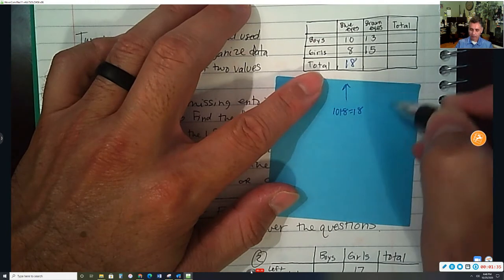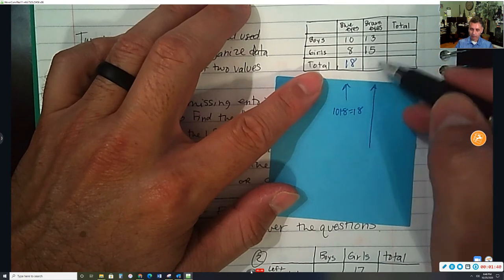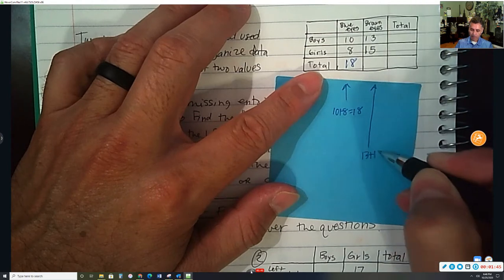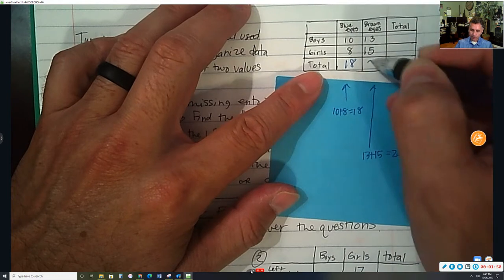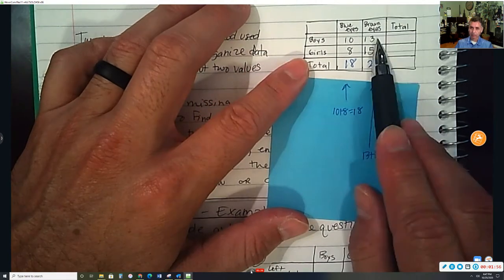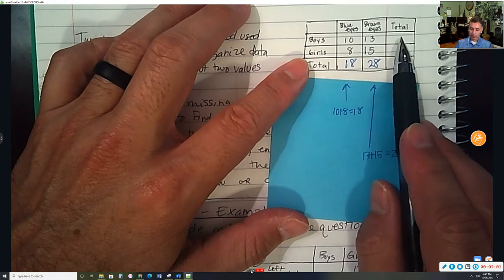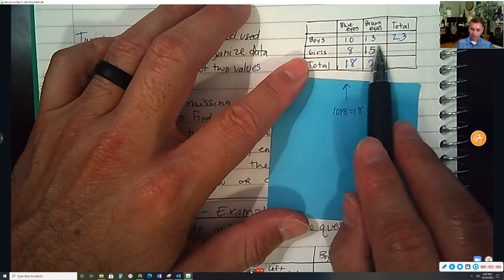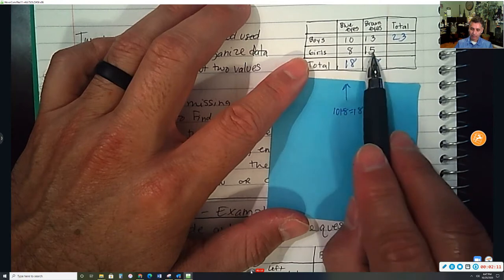Same thing with this one next to it. If I want to find out what goes in this empty box, I just take the two numbers that are above it and add those. 28. And then same thing going across this way. If I want to find this number, I'm going to take the 10 and the 13 and add them. So 10 plus 13 is 23. And then same thing here. If I want to find this missing number, I need to add these, and then 8 plus 15